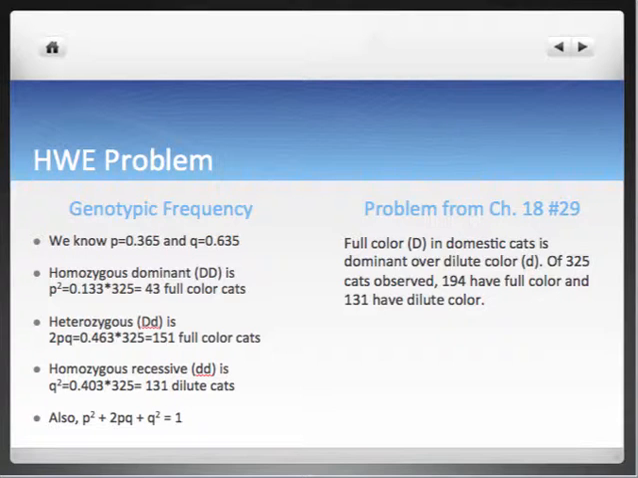Problems like this could be presented in a multitude of different ways, but this is just one problem that we're all familiar with from the homework. And so if you have any other